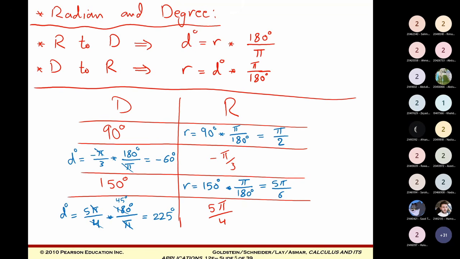Also, in the calculator you must check. If I put an example in degree, the calculator must be in degree. If we put the angle in radian, we must use the radian mode, so you need to check the calculator also. Okay? Any question?